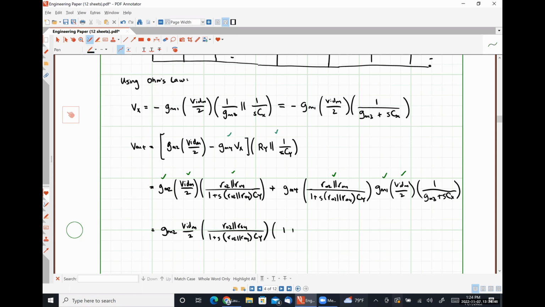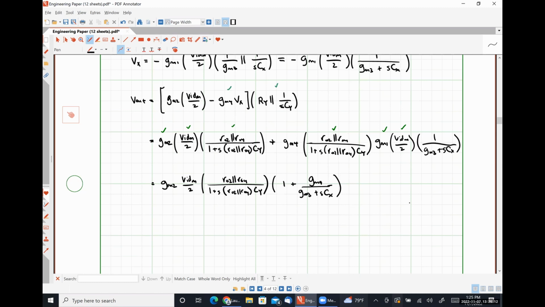All this multiplied by 1 plus GM4 over GM3 plus S CX. And now I'm going to rearrange things again very slightly here, just to get it in the form that we are expecting. Okay, so